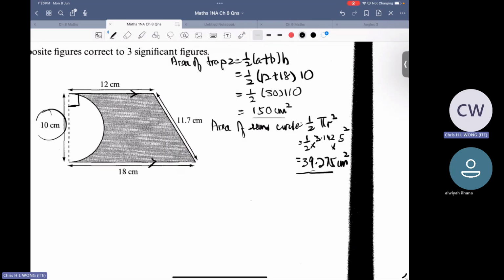I underline because you need it. I call this shaded part the area of the shaded part, equals to 150 minus 39.275 cm squared. That will give me